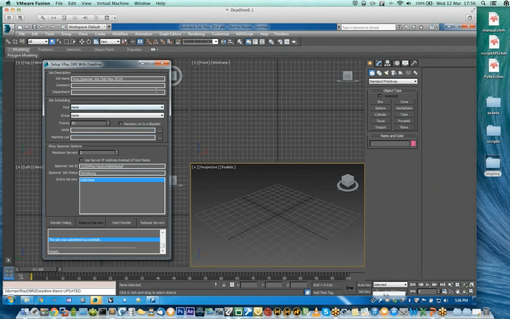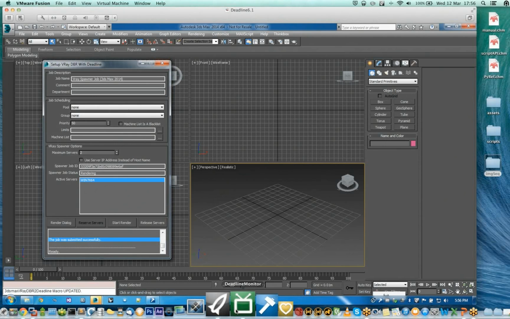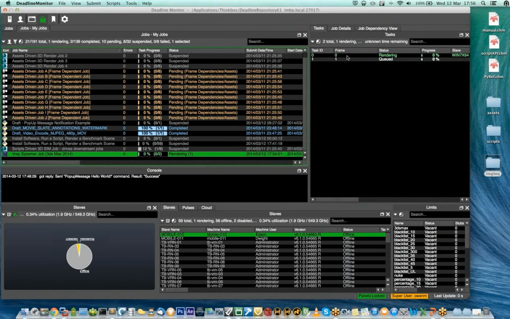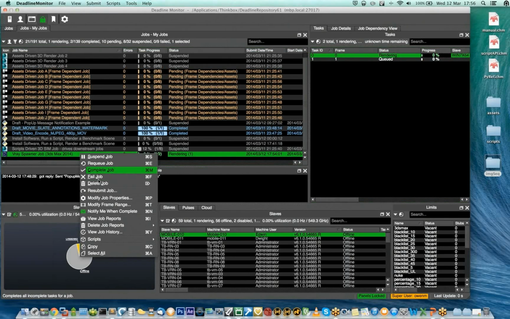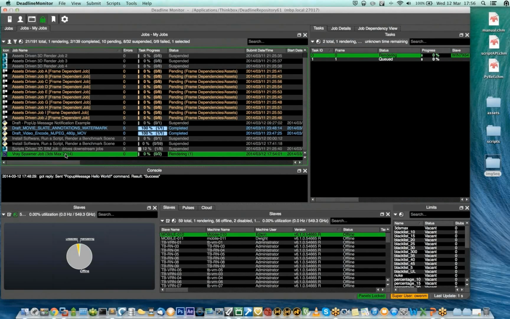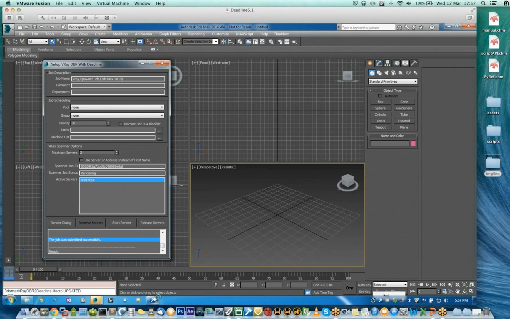Now, at any time, if you close this interface, the red X in Max, or indeed if we go to the Deadline queue and right-click the rendering task and say fail it or complete it, or we right-click and suspend it or complete it or fail the entire job, then obviously it breaks that connection. But the beauty of this is that when it breaks that connection in any of the approaches I just described, it means that the Deadline Slave will actually shut down and tidy up after itself, which I can't see, and will,